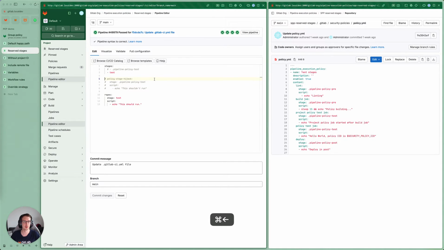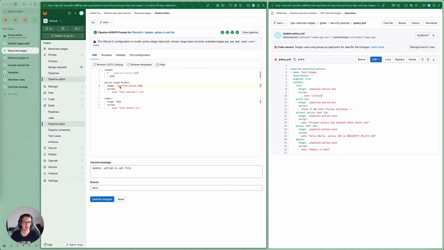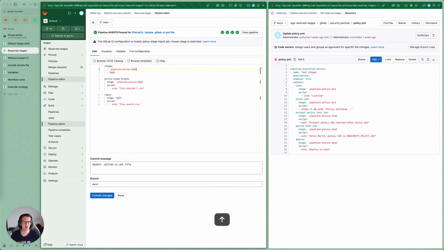And if we try to use some of these reserve stages from the project, we see that this is not possible because it doesn't exist. And even if we try to use it and define it explicitly, we see an error that the stage is restricted, so we cannot use it.